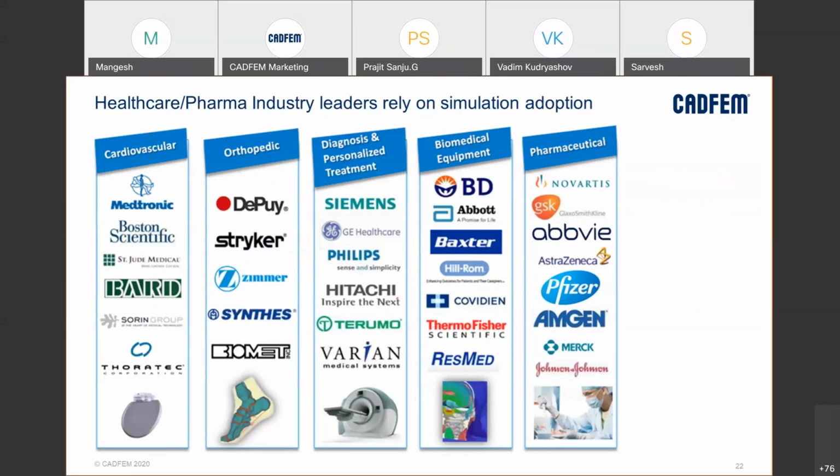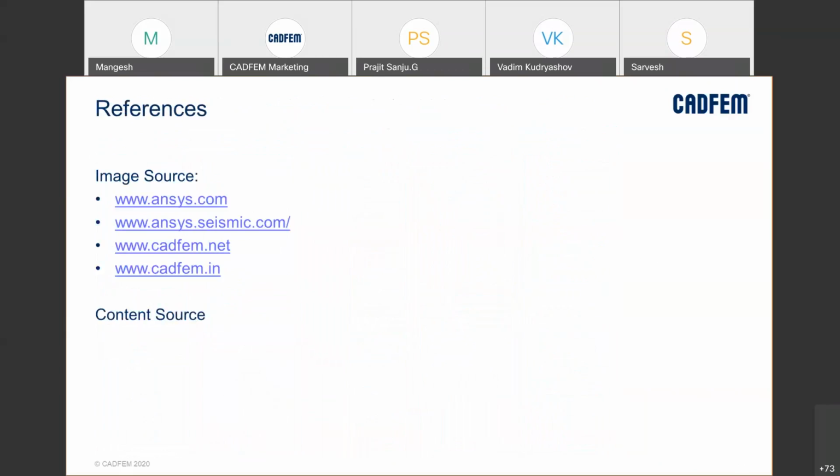Industry leaders who are developing the medical devices, okay, and you can see across the globe and across the different categories how the industry is already utilizing simulation very effectively. Okay, and yeah, so I think that from my side, these are just some